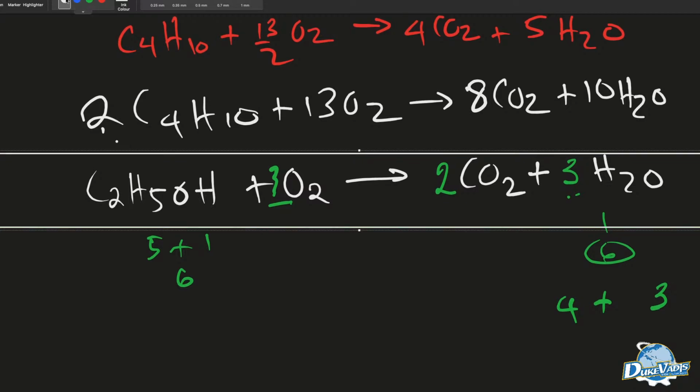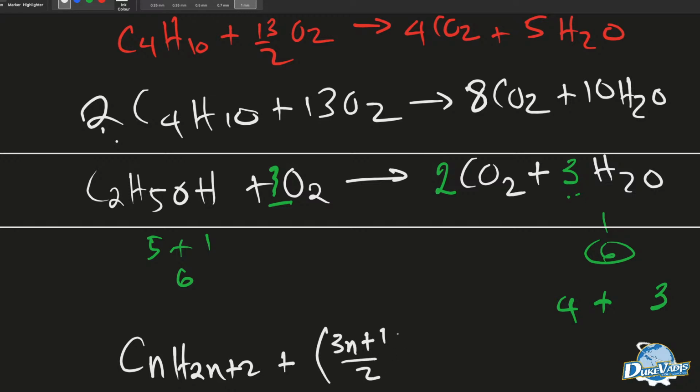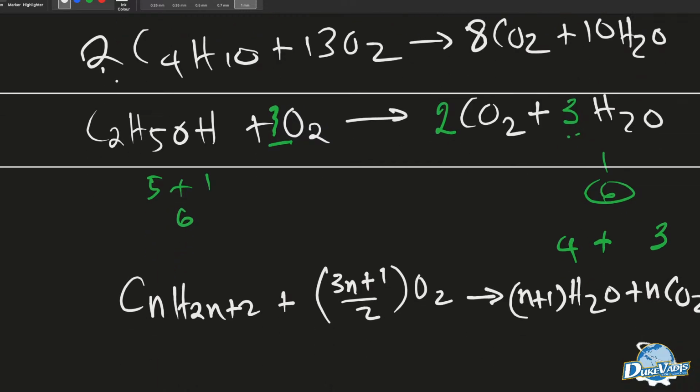If we have this to be the general formula, so when we say CnH2n+2 plus (3n+1)/2 oxygen, and this gives us (n+1) water plus n CO2. Let's see if this will help us to be able to get the formula of combustion reaction